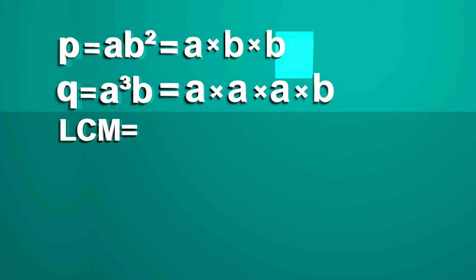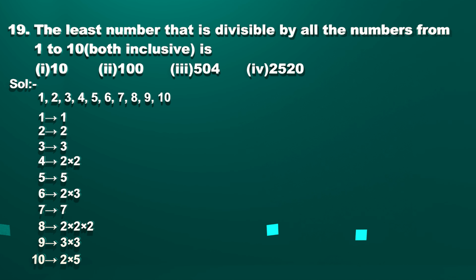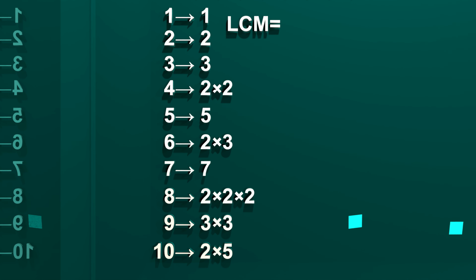Let's see the next one. In this question, we have to find out the smallest number that is divisible by all of the numbers from 1 to 10, including 1 and 10. Let's solve it. Here we have taken all the numbers from 1 to 10, and we have also taken their prime factors. We have been asked to find their LCM because LCM is the least common multiple. Now we will look for all numbers found as factors. So we don't take 1 because multiplying 1 to any number gives the same number. Now we will see the factor 2. Here 2 is 1 time and here it is 2 times, while here it is 3 times. So it is greatest, we will take it.